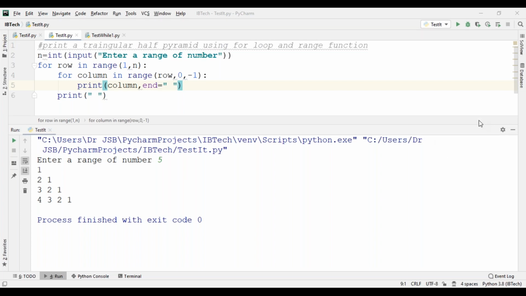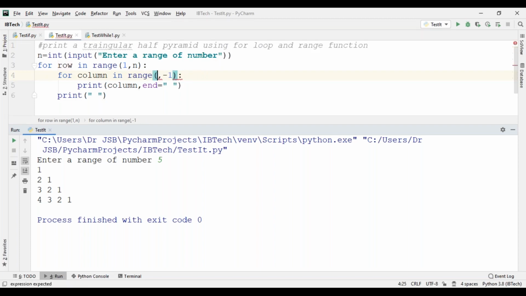Sir, once explain this 0, comma, -1, this last one. See here, 1, 2, 3, 4 rows are there, right? Up to the 0th location and the -1 location. See here, the range we can see.